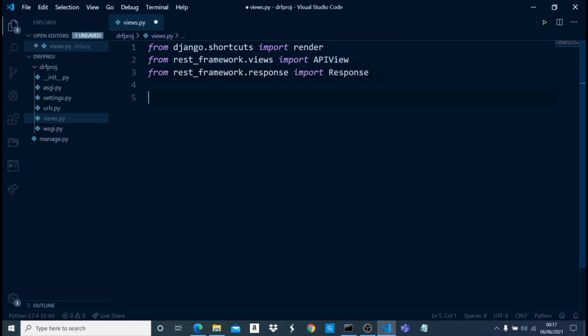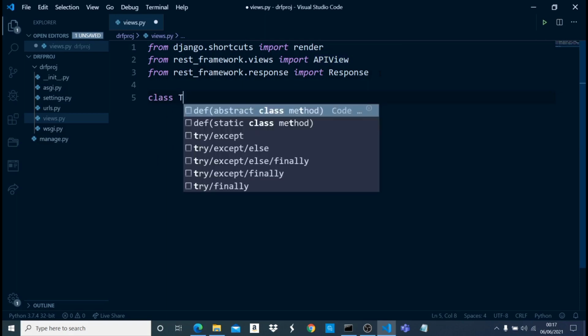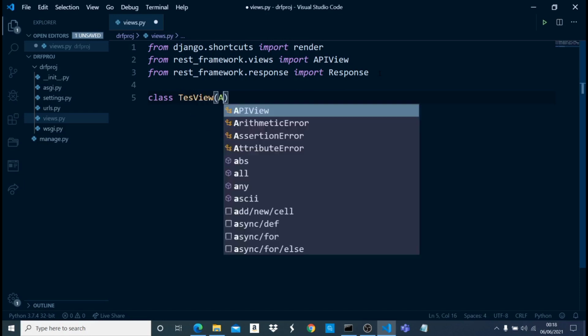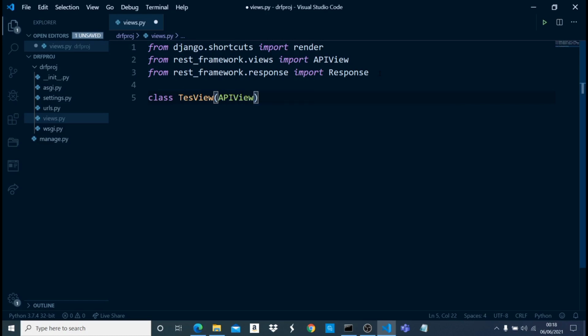So let's have a new class, and let's name it something like TestView, and then APIView. So we're naming this TestView, and this TestView is inheriting from the APIView, which is right here. So what we can do now, under this class, is have a get function, which is just going to be like a GET request to this API. So we'll say def get, and then self,